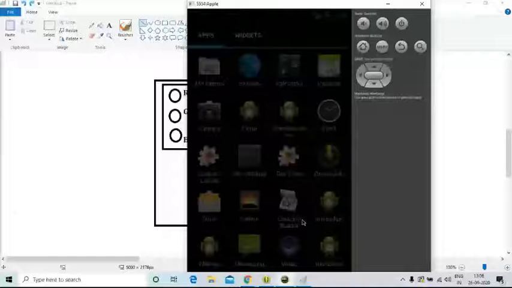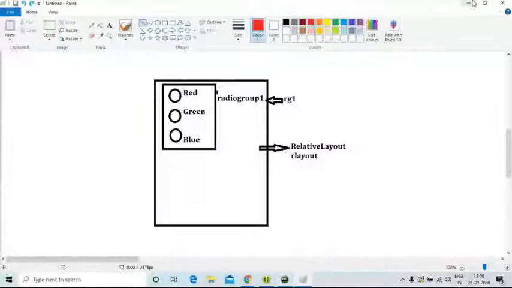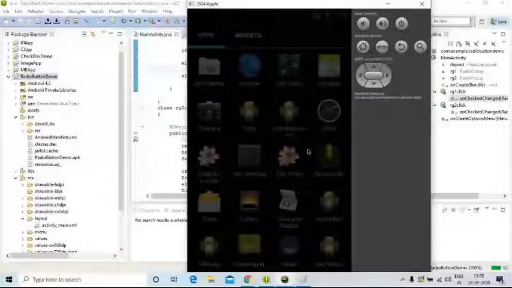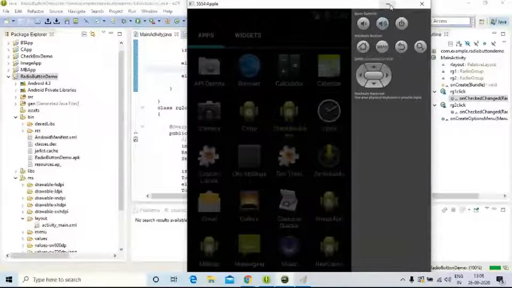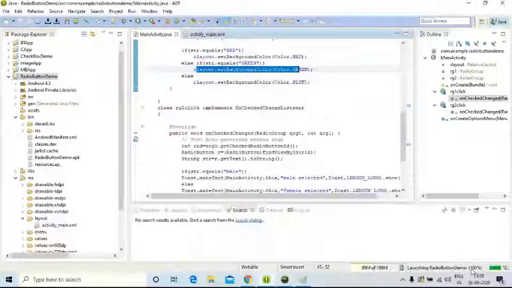Let's try to see our application, radio buttons demo, whether it is present. Our emulator is ready. We shall check in the emulator also. Oh no, still it is loading. Okay, anyhow, you have executed. Very good. We shall add an animation. Very good. Oh, okay, 50 people have given the outputs. Very good.